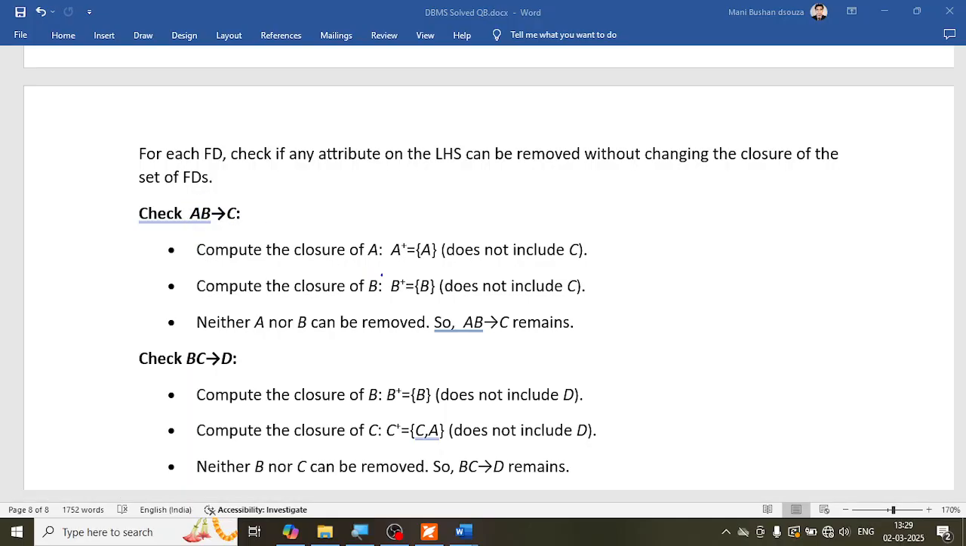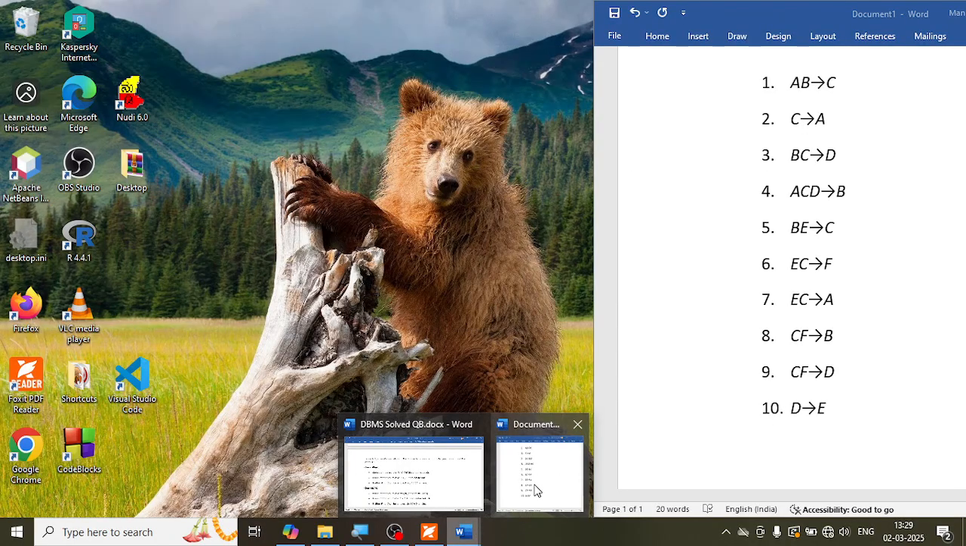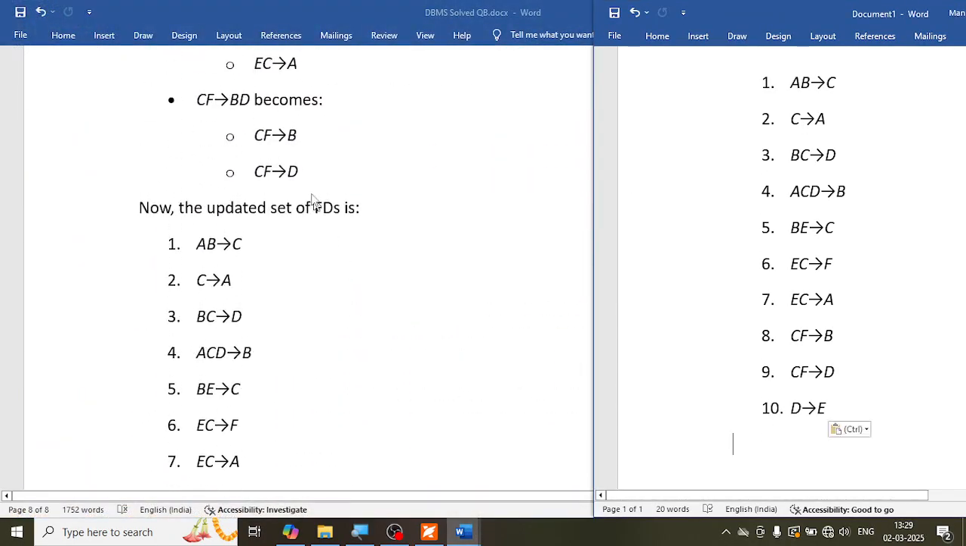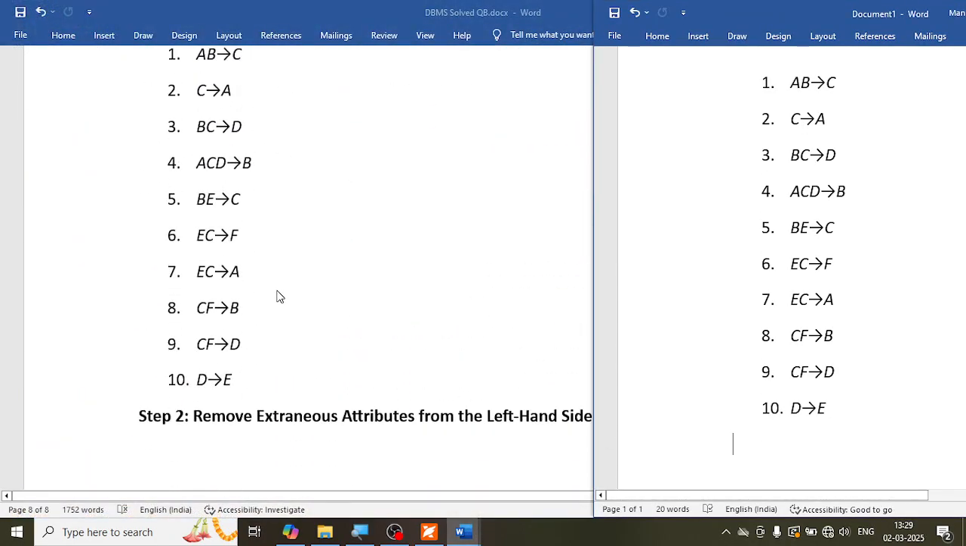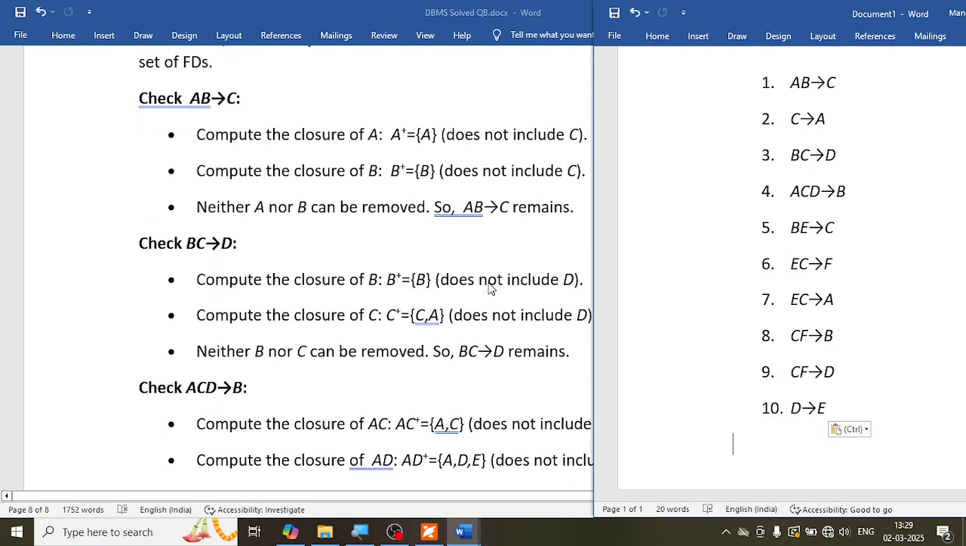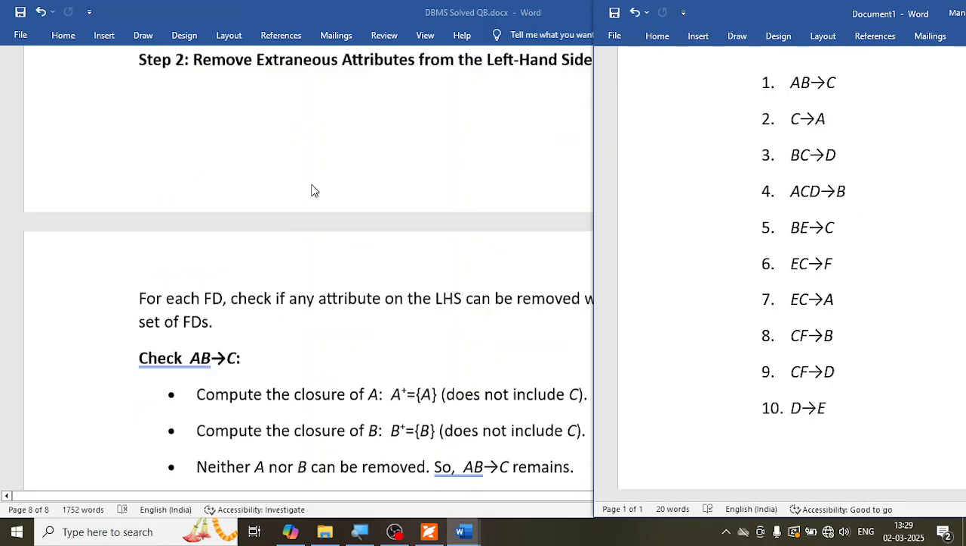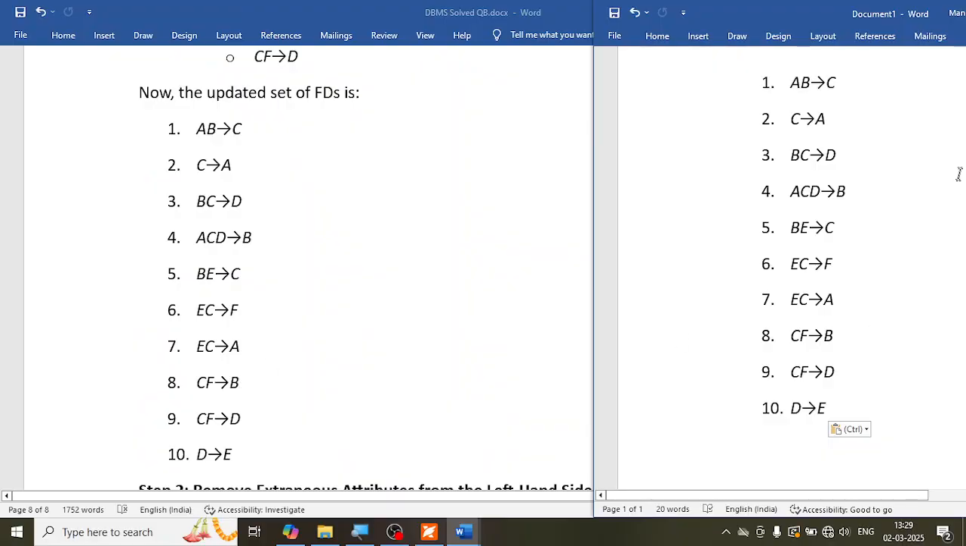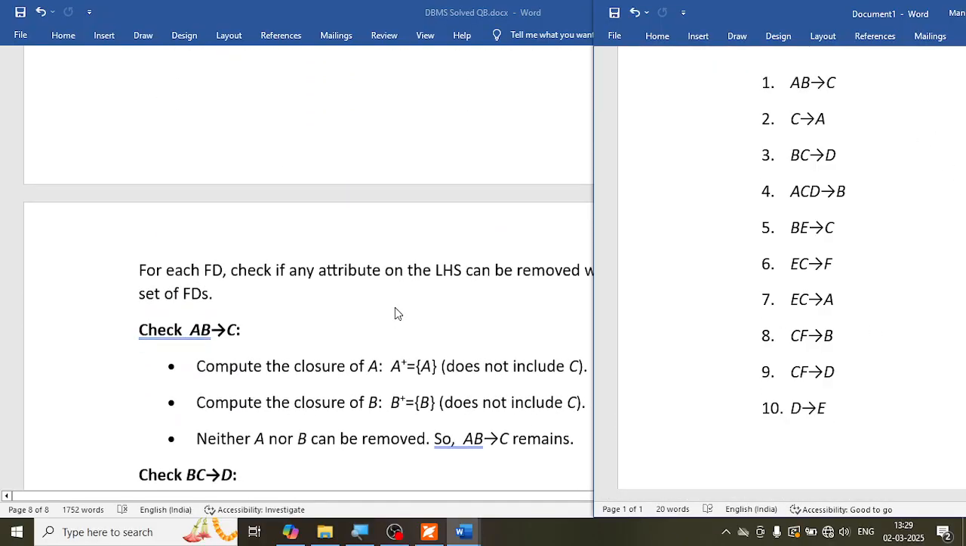So when we try to find the closure of A separately, from A we can derive A itself. Now what I've done is I put it in the next set. Otherwise I have to scroll up and down every time. So I copied this and placed it in a Word document here. This is the same thing that is here, which I copied so that it is easier for me to give